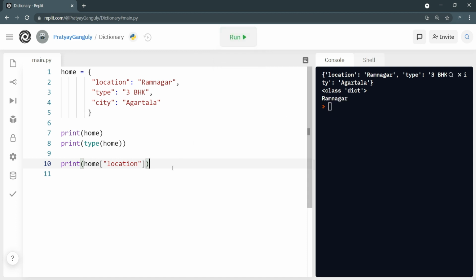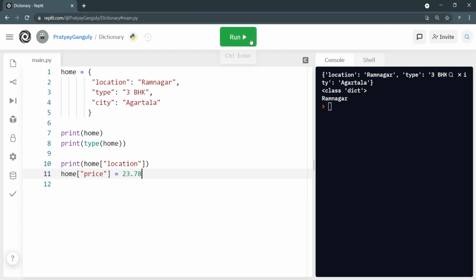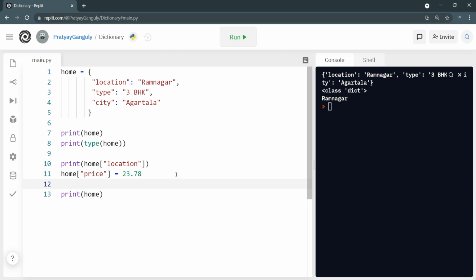Here you can see Ramnagar is coming. Similarly, you can mention type or city, it's up to you. Adding a new attribute, it's not an attribute, but adding a new key is very easy. You just have to write here home, and then suppose price, and set it to some decimal value, suppose 23.79 lakhs. So if I add it right here, and then if I want to show you my home variable, I'll do it like this, and print a message like